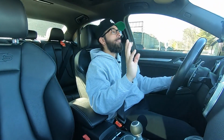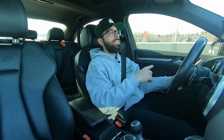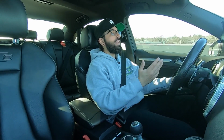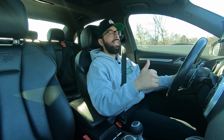On E85, I had this car on E85 for about a month straight. I went back to 93 now just because the winter ethanol content has been horrible in my area. I'm in Jersey, and in the winter, ethanol content drops sometimes even below E60. The last station that I went to test the ethanol content was at E57, and it's just not good to put that in this car. It's not going to run right. It's too low of an ethanol content to keep up with the demand of the tune, so I'm just going to run 93 until the ethanol content goes above E60 again,